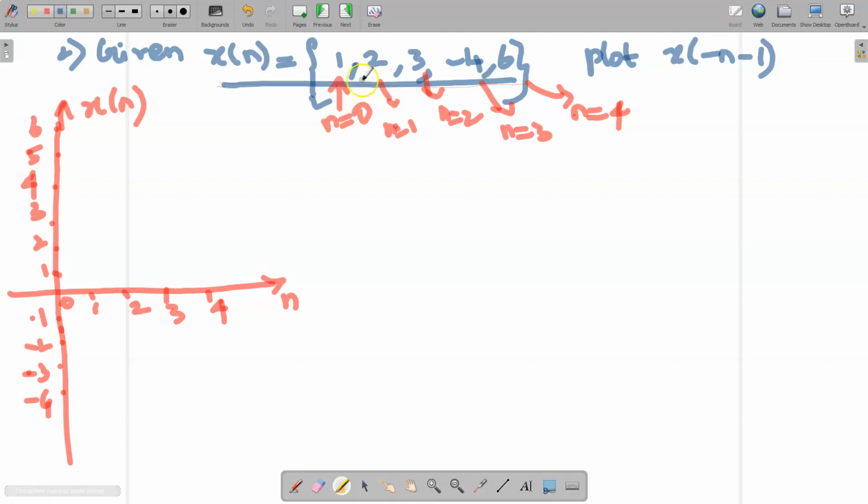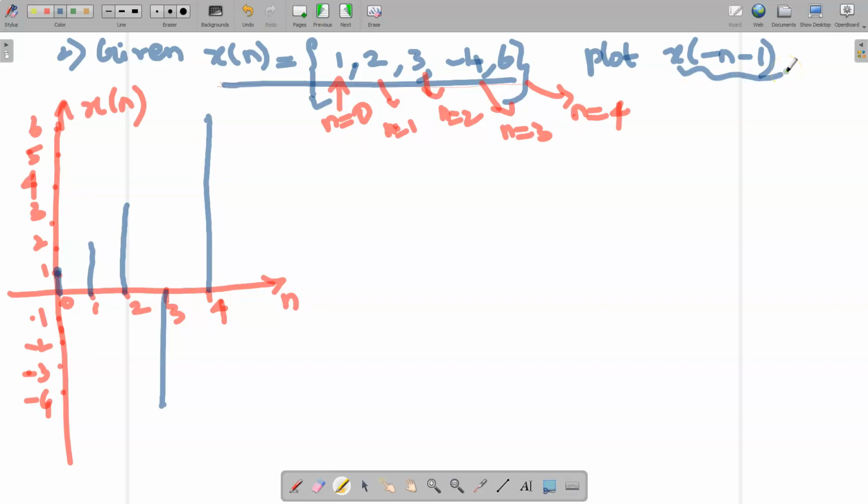At n equal to 0, the amplitude is 1. So, you can have here. So, draw the stem since it is discrete time signal. At n equal to 1, the amplitude is 2. At n equal to 2, the amplitude is 3. At n equal to 3, the amplitude is minus 4. At n equal to 4, the amplitude is 6. Okay. So, once you have drawn this,